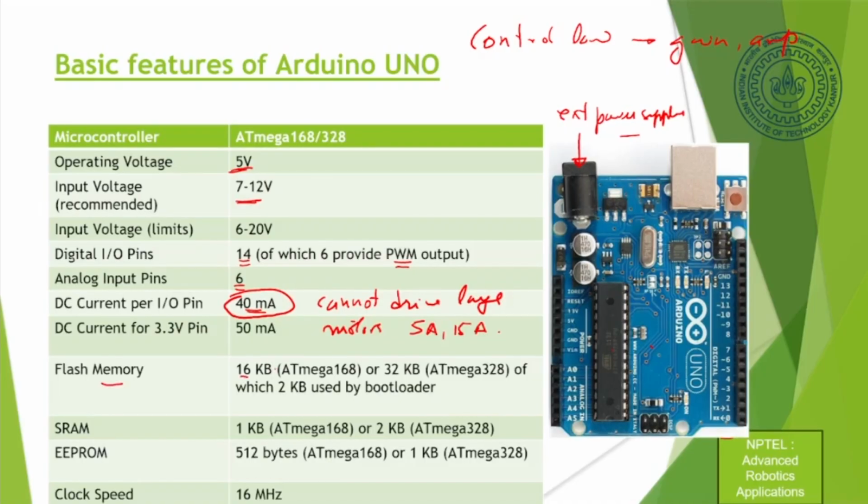It has a flash memory of 16 KB. It has SRAM and EEPROM of 1 KB and 512 bytes, and it has a clock speed of 16 megahertz. Now this speed is not very fast, it is very slow. If you compare it with the PC, the speed of PCs would be somewhere around 3.5 gigahertz or higher. So in that sense, this is very, very slow. But it is enough to run the processes that we want. Why? Because the PC will be doing a lot of other things at the same time. So a PC could have a high speed, but it could also be doing lots of other things. Whereas this one has a very simple program which it will run, and that simple program will do a single simple task.